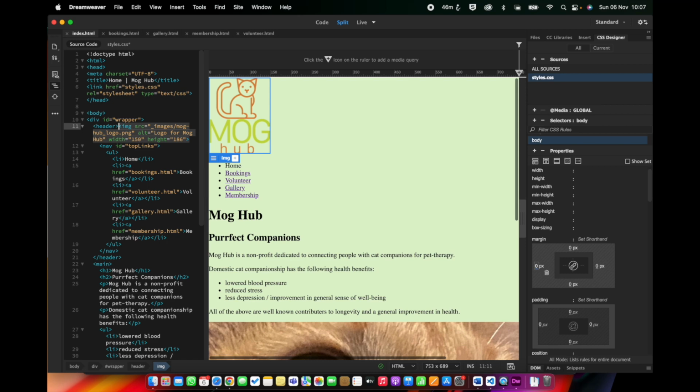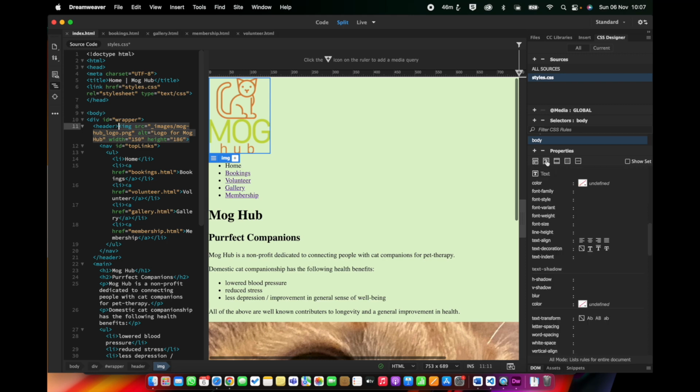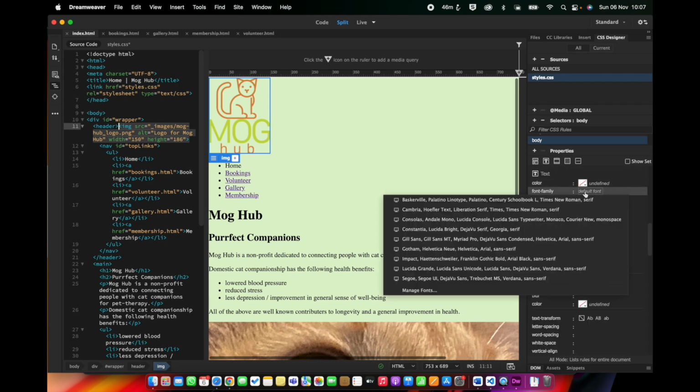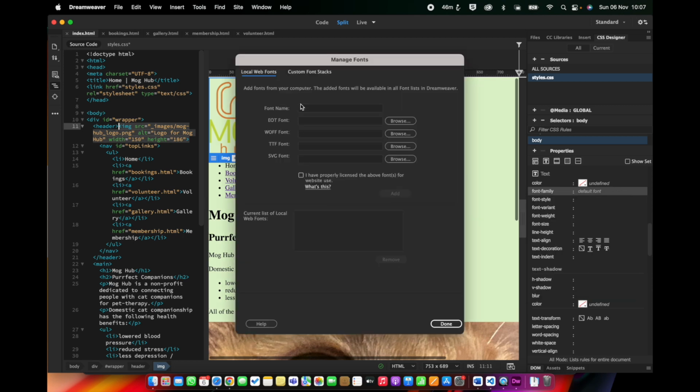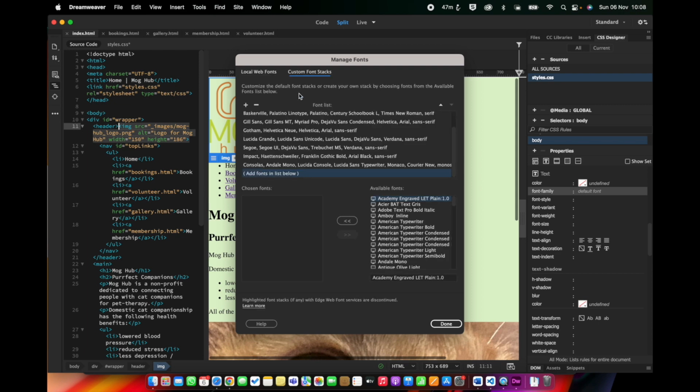We're also going to choose a font family for the body tag, because remember it's cascading, so you need to try and set things like font at the highest level possible. So over here, font family, we're just going to choose something that's got Arial in it. Let's see. Okay, here's one here. I think I'm going to build a new font group. So manage fonts, and let's go to custom font stacks, and let's choose